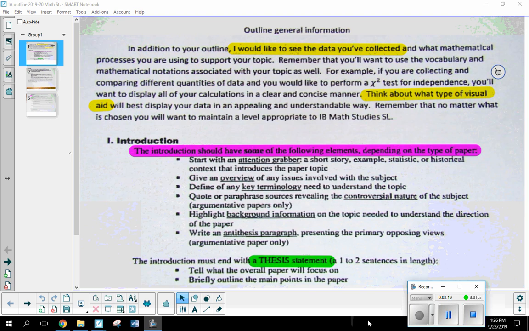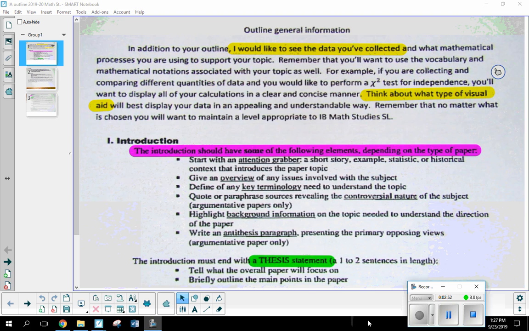Okay, now in order to get 100% on this, you do need to go ahead and turn in some kind of data. Now I'm not talking about just providing me a URL or something saying, okay, the data is going to be found at this particular site. I mean, actually show me the raw data. I'm not so much going to be interested in the mathematical strategies that this is talking about, but I would like to see the data that you have, because that's going to be the driving force behind your paper.